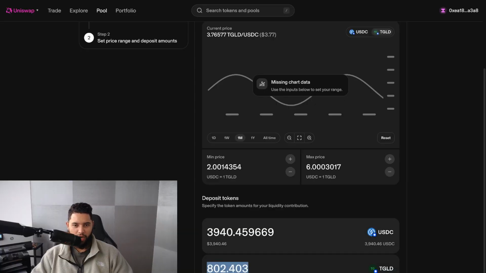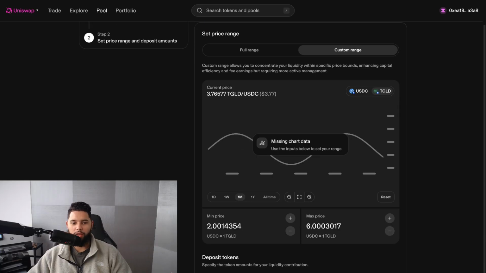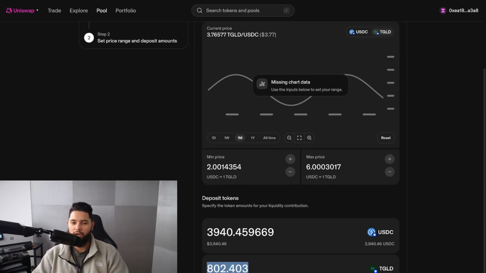So you'll see I've got 3,940 USDC, and it's saying 802.403 tokenized gold, and I'm just doing some quick math here to see how much this tokenized gold is worth. So it's about $4,000 worth of USDC against $3,000 worth of tokenized gold that I'm adding to this pool. And the reason why it's asymmetric, and I'm actually technically adding more USDC to the pool than tokenized gold, is